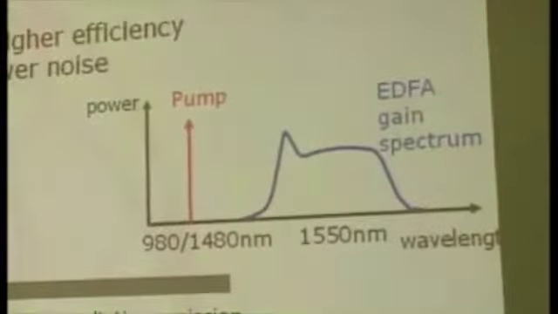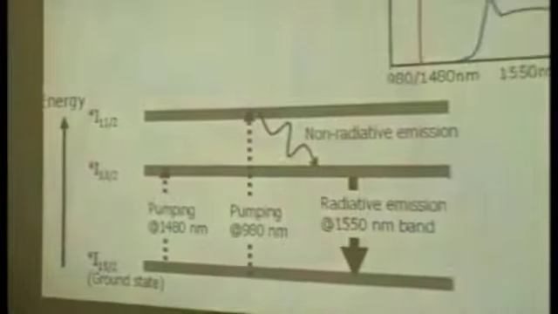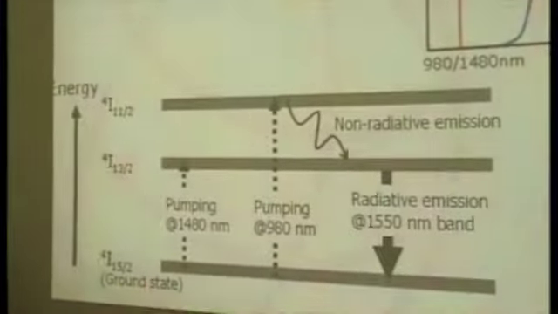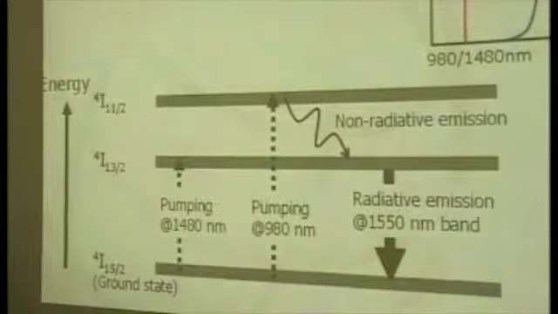Of course, the 980 nanometer laser has a higher energy. In quantum optics, the energy of light is h times nu, where nu is the optical frequency. Higher optical frequency means shorter wavelength. So you can see the 980 nanometer laser has a higher energy than the